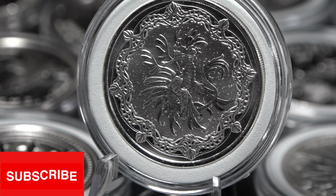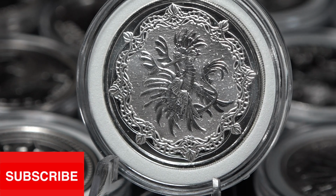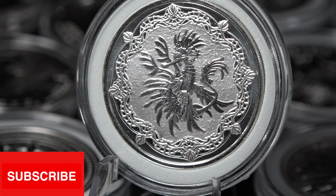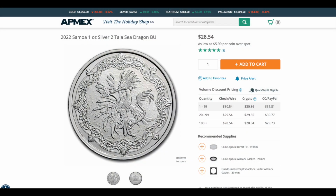Today, we dive into the depths of marine beauty with the captivating 2022 Samoa Sea Dragon Silver Bullion Coin, which I purchased from APMEX a little while back, and, as I checked this morning, you can still get them, so